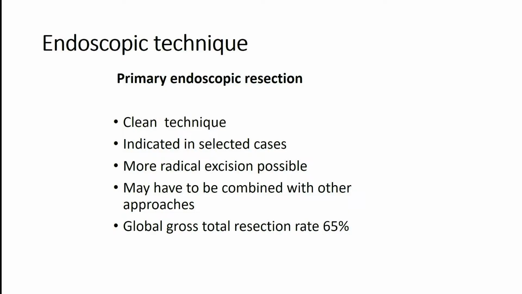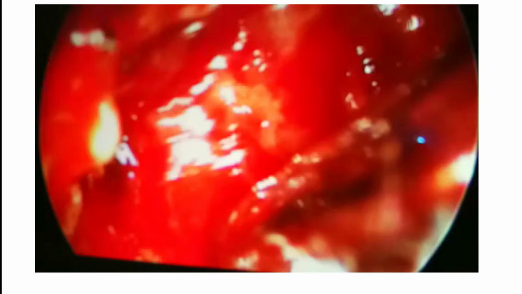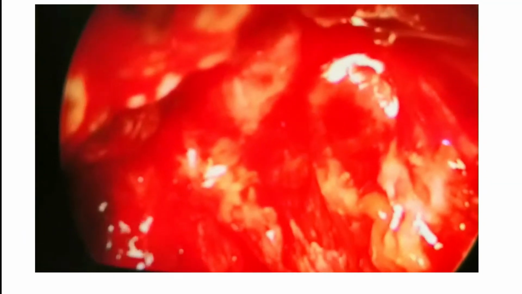So pure endoscopy is a clean technique, but is indicated in a selected group of cases. The radical excision is possible, and of course, pure endoscopy can give a total resection up to 65% in limited cases, not all cases. So what is the advantage of pure endoscopy? Look at the way you can go to the nooks and corners. You can see things much better because you're very close to the lesion, and that's the advantage of